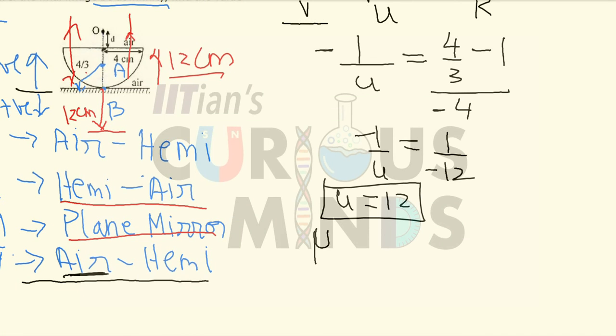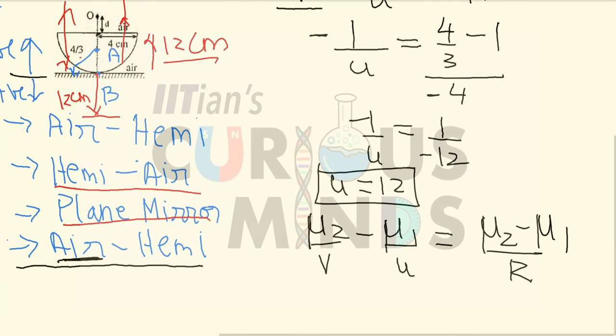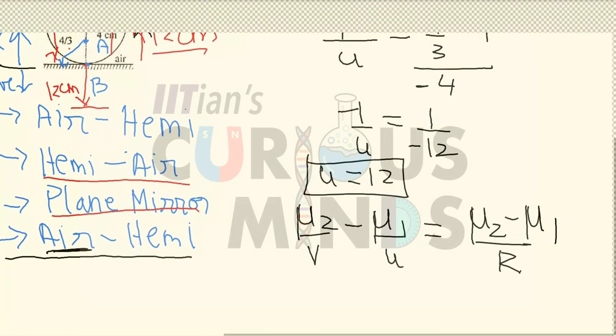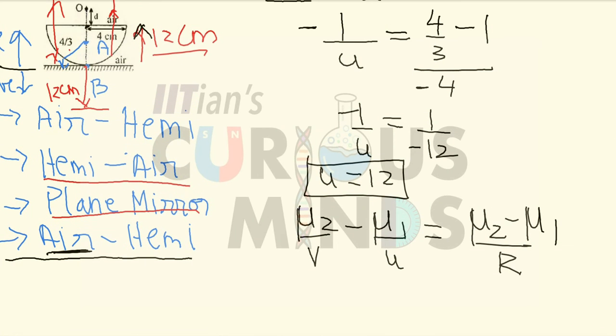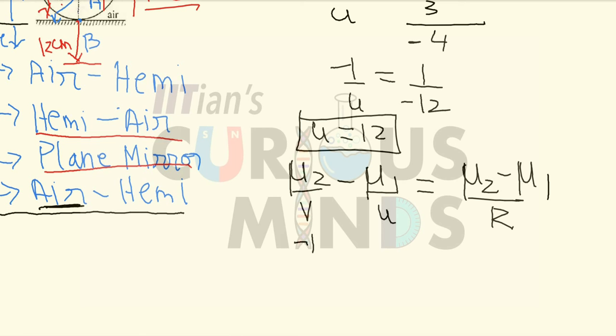So I will again use the formula mu2 by v minus mu1 divided by u is equal to mu2 minus mu1 divided by r. Now let us see. The final image is situated at 12 centimeter, but it is in the negative axis. So mu2 by v is equal to, since the image over here is situated in air,